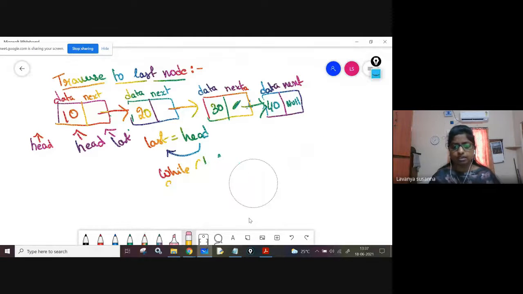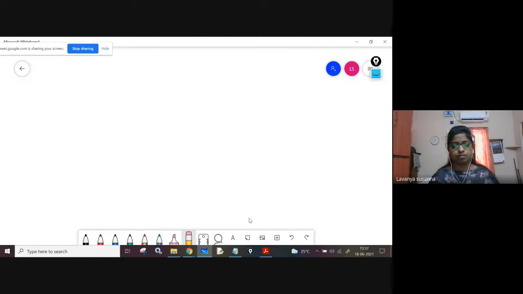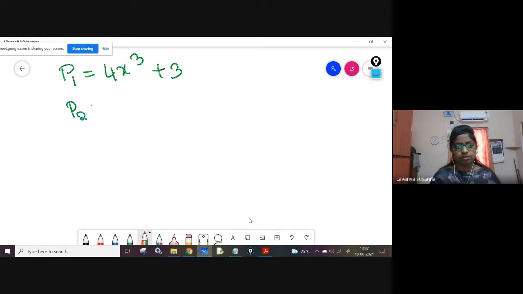Yes, ma'am. Now let us see the multiplication algorithm. Polynomial multiplication: P1 equal to 4x cube plus 3, something like that. Take P2 equal to 2x plus 1. We have to represent them using a linked list.